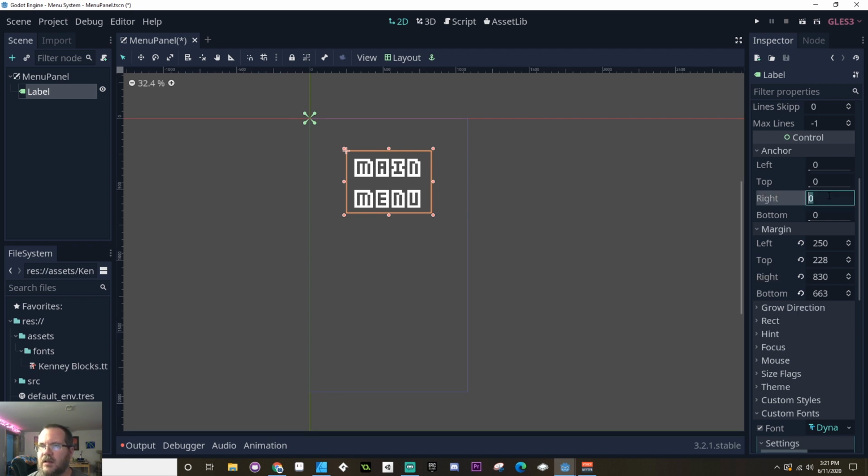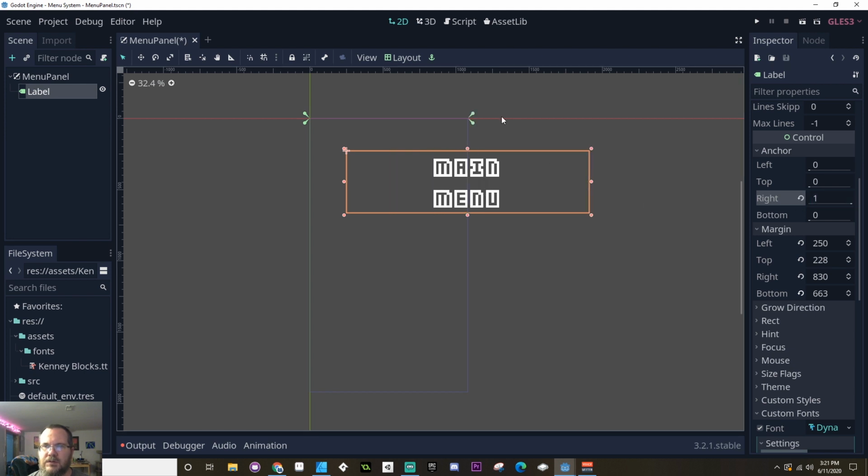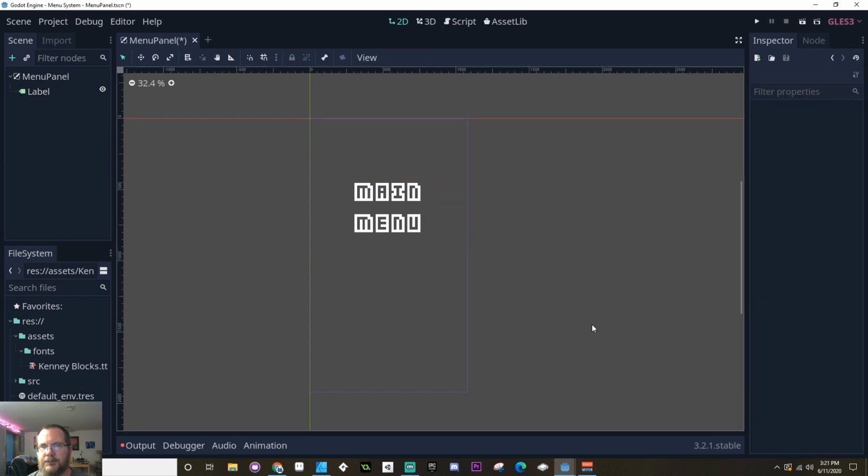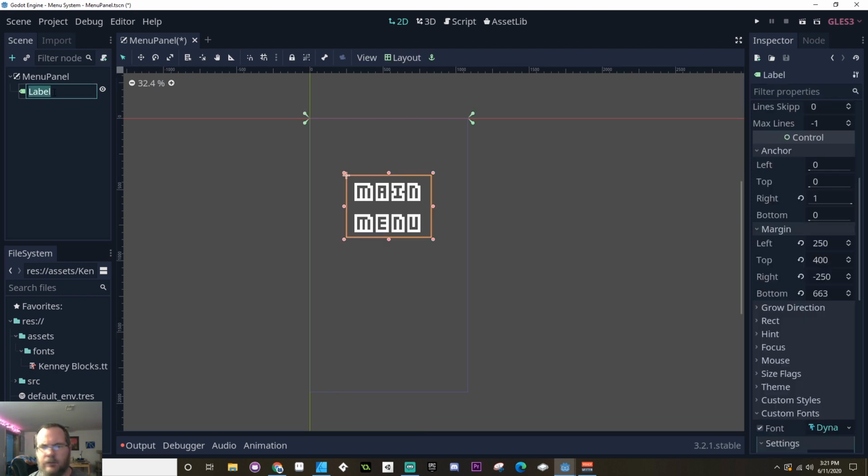I could set my right anchor to be 1, and you can see how that changes the position of this green thing. But that also moves where my right is in position to that. I'm going to have my right be negative whatever the left was, 250. I want to move this down a bit, so I'm going to put the top at, say, 400. Cool. Now I'm going to rename this label. I'm going to call it